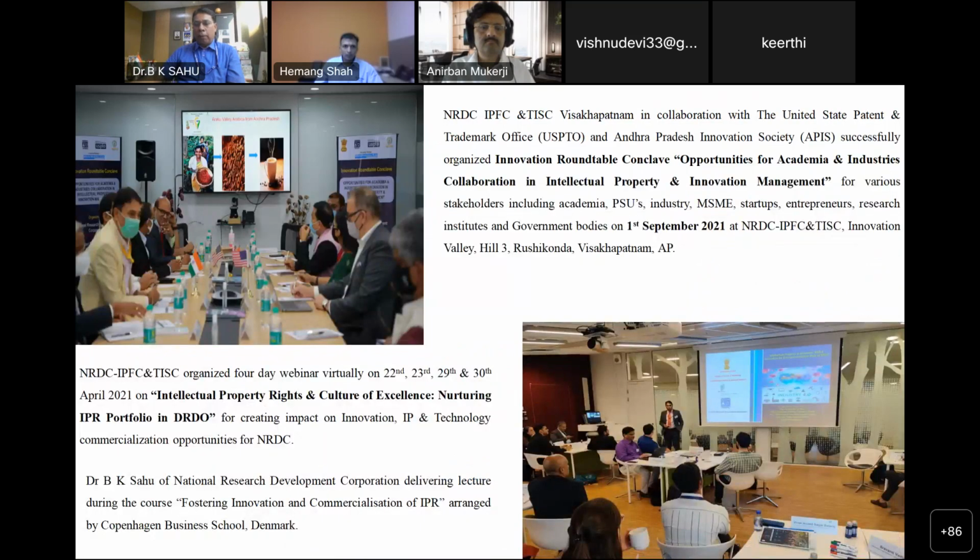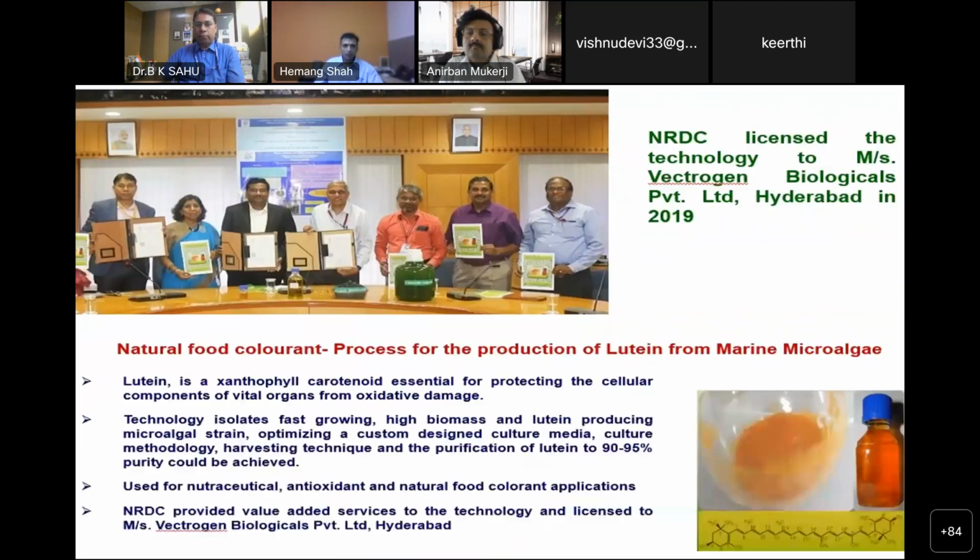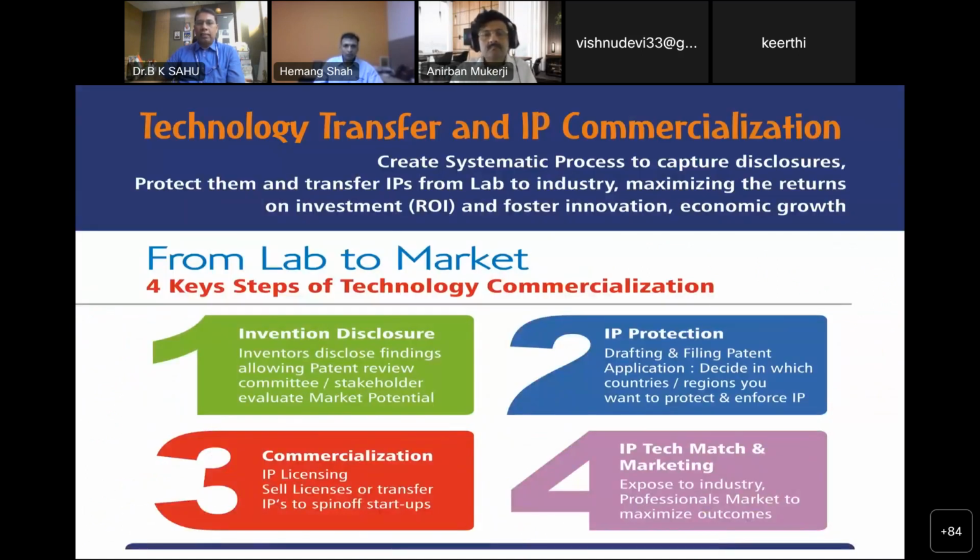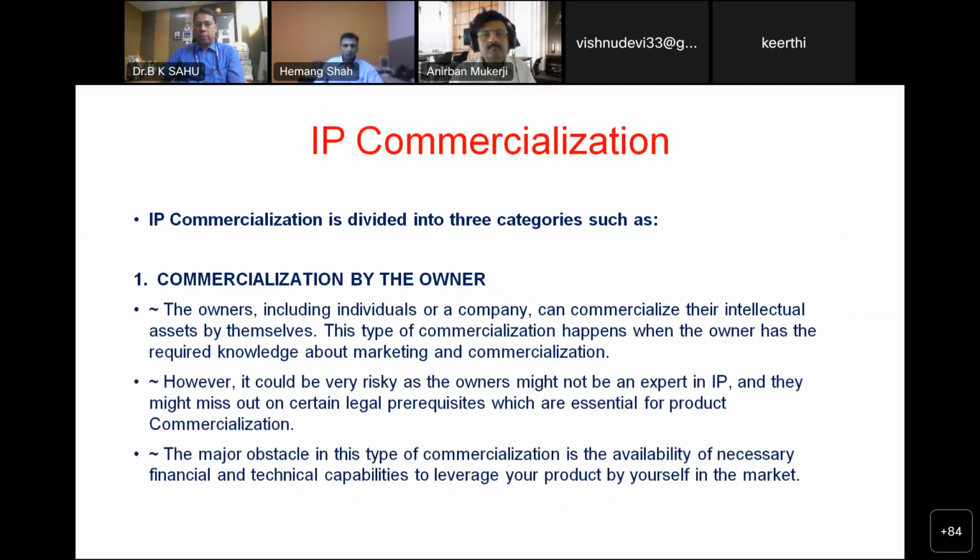We are part of many bilateral programs on sensitizing and channelizing IP information to academia, industry, government, startups, and MSMEs, so that they respect IP, leverage IP, protect IP, manage IP, and also monetize IP. We transferred many technologies at this challenging time, mitigating the challenge, and that's the place we hold as an organization in technology transfer and IP commercialization.